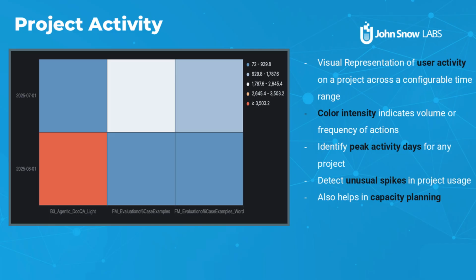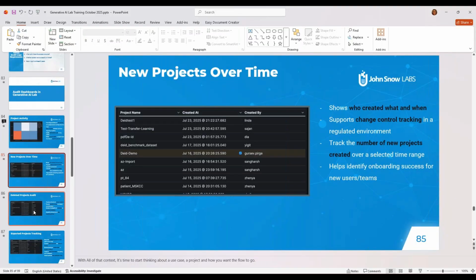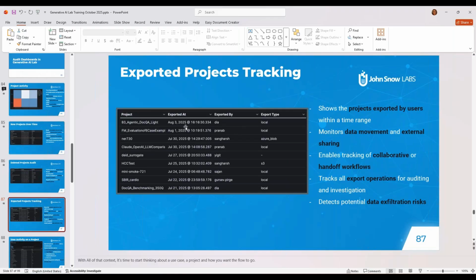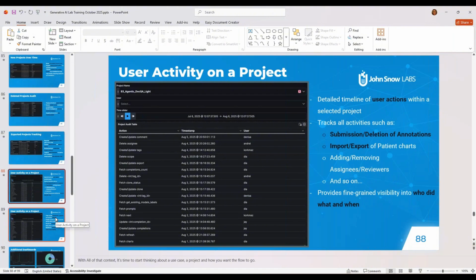You can check what each one of those audit dashboards can be used for, what's the purpose, how you can keep track of your users' activity, of the exports and imports of pre-annotations and all the actions which are performed on the projects defined in your instance, on the data. And this is on top of the completion trails that you already see as part of the UI. Okay, so this will show you precisely all the actions which have been performed by each of the users and